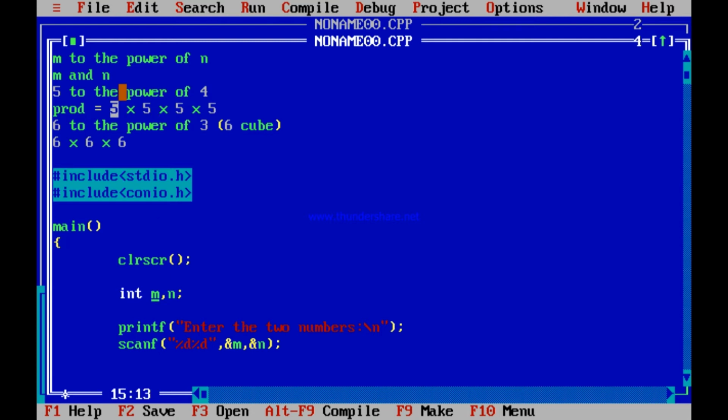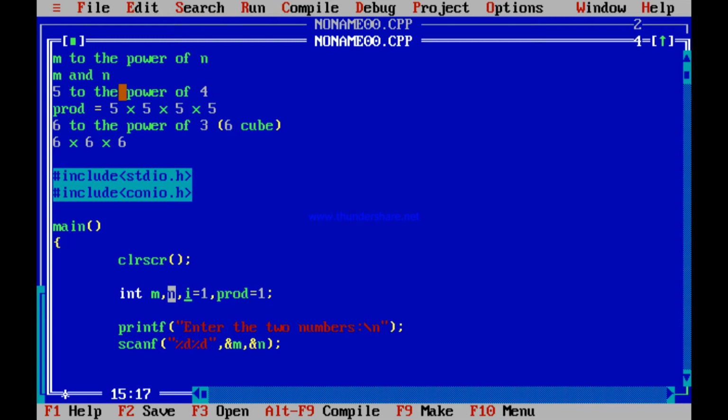So I can initialize a variable called i to keep a count of how many times I am going through the loop. I initialize i to 1, and how long should I continue with this i? Maybe n times, because m will be multiplied with the product n times. This m, which is inputted from the user, will be multiplied with the product, n times.